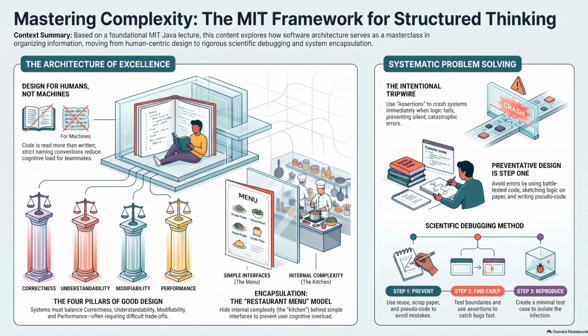Which culminates in step 6. Examine data. You look at the information you just extracted. Does it prove your hypothesis? If it does, you found the bug, so fix it. If the data proves your hypothesis wrong, you generate a new hypothesis and start the loop over. It is the scientific method, purely applied to digital architecture. Observe, hypothesize, experiment, analyze.